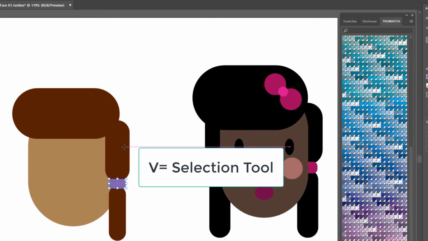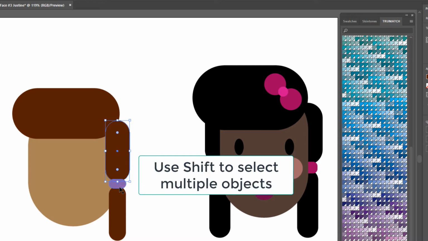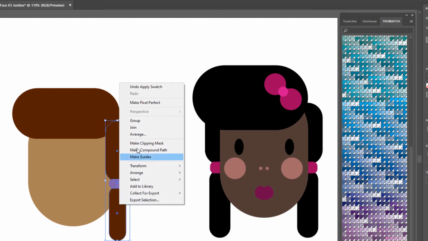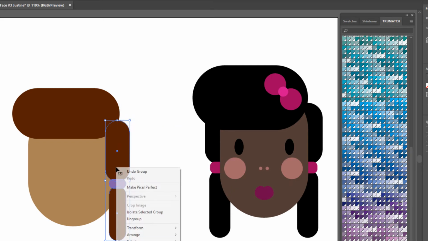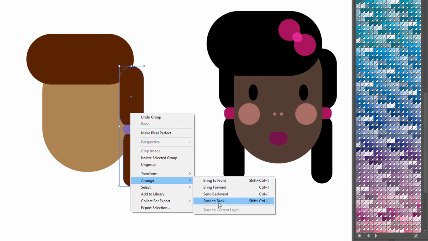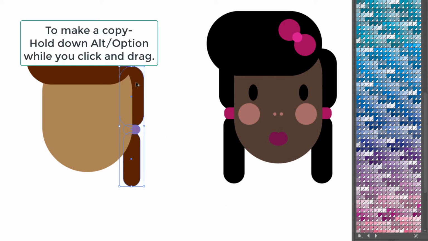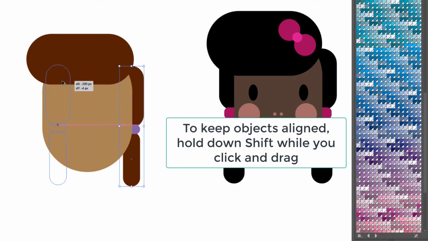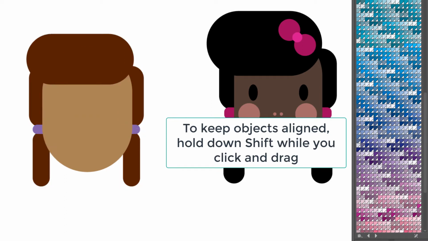Now V on the keyboard to select the selection tool. I'll click on the top part of the pigtail, hold down Shift, click on the middle part and the bottom part, right click and go to Group. Right click again and go to Arrange, Send to Back. Holding down Alt on the keyboard, I will click and drag, and as I'm dragging I'm going to hold down Shift, which will constrain that to be directly across from the other pigtail so that they're nice and lined